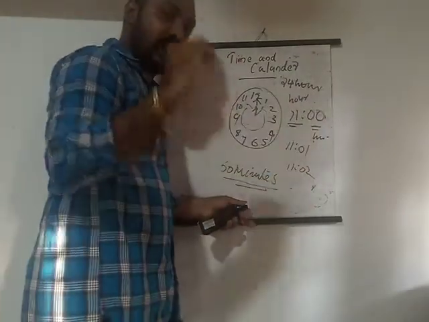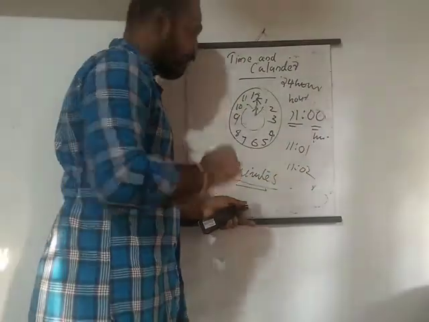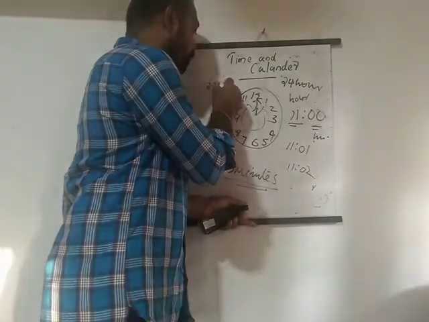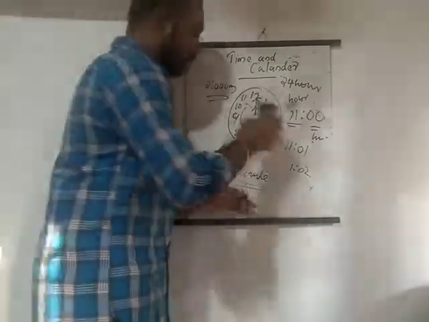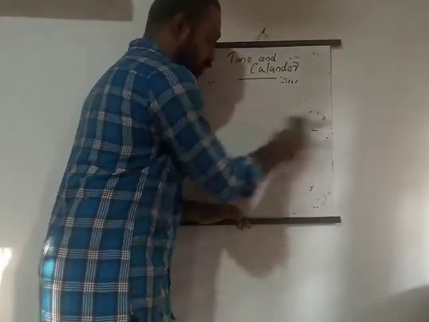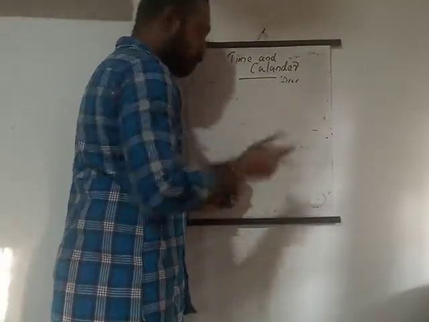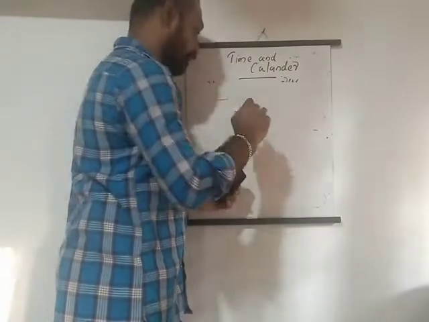Our day starts at midnight, 12 o'clock. That is called 12 a.m. We will study about a.m. and p.m. in detail later. So these are the basic things. Now it is for you to read the time. Okay, for reading time, there is a longest way and a shortest way.